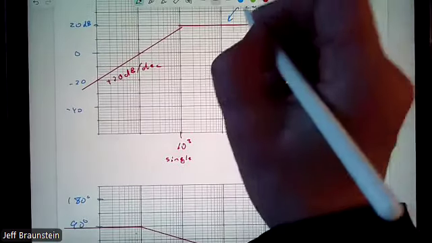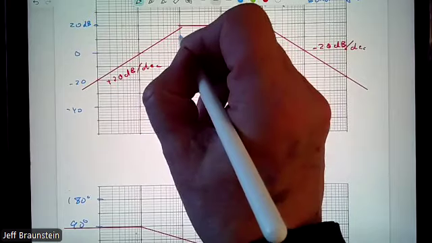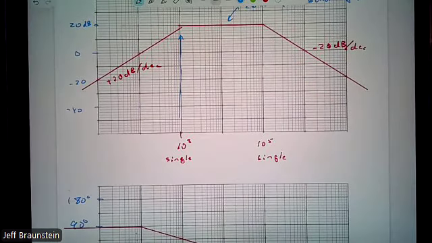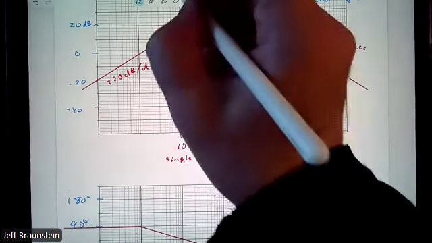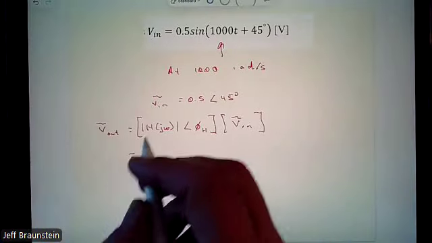Here is 1,000 radians per second. What is our value at 1,000 radians per second? On the plot, it's 20 dB, but I'm going to include the correction. So it's actually 17. I didn't write the correction down, but there's the information we care about. We'll erase that and come back to it.